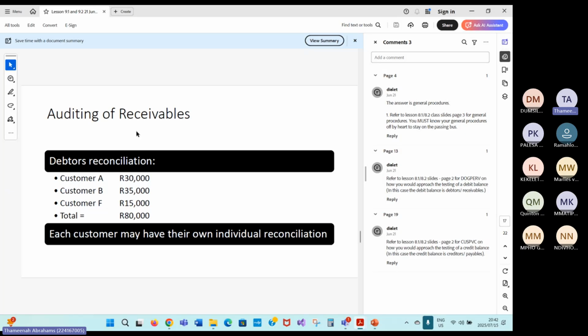Make sense? Then you inspect the balance on the statement, and you agree it to the general ledger and the creditors ledger or the debtors ledger. But it won't be in the financial position, because what do you see in the financial position? You see the cumulative amount, the 10 million rand for creditors or debtors. You won't see that specific data in there. You only see the specific data in the debtors ledger or in the creditors ledger. But if it doesn't agree, you have a recon.